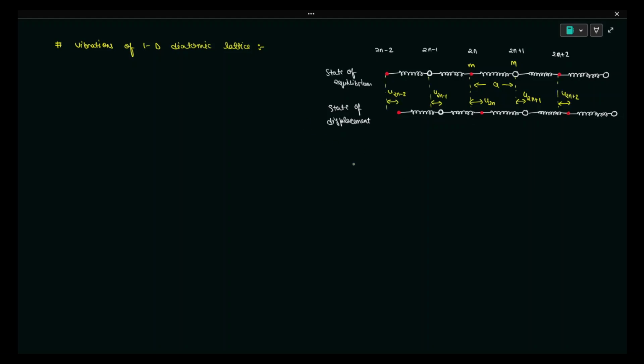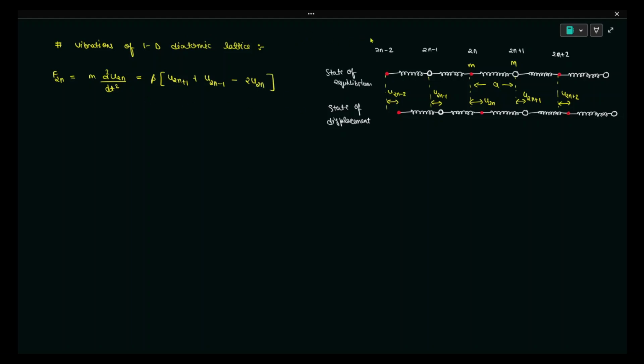Now using the similar assumptions which we used for the monoatomic case, we can obtain the equation of motion for these atoms. The force acting on the lighter mass, placed at the 2n position, will be equal to mass times acceleration, and that will be given by Hooke's law as beta times (u2n plus 1 plus u2n minus 1 minus 2 times u2n),